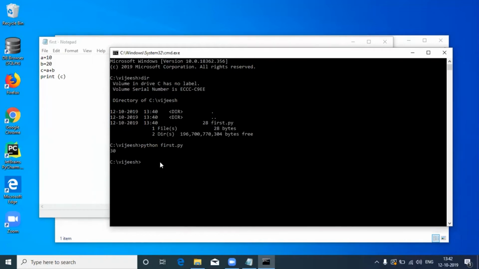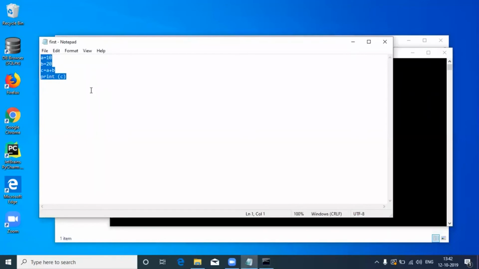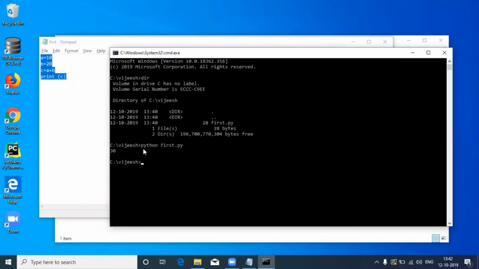Now, if you want to execute this particular file with compilation, once you provide this file to the Python command, it compiles the script. This is our script, and it translates that script into bytecode, and that bytecode gets interpreted in the Python virtual machine. Now I just want to compile the file.